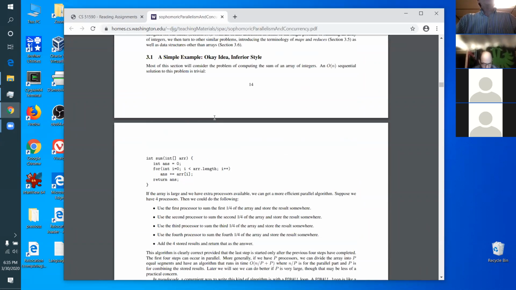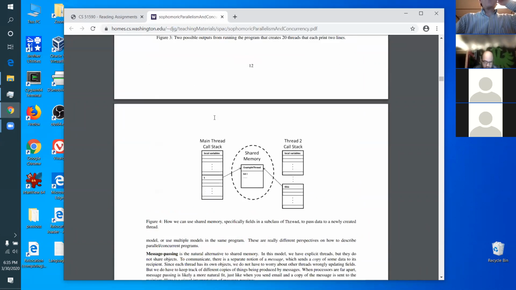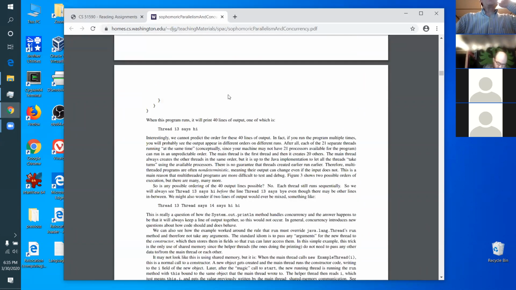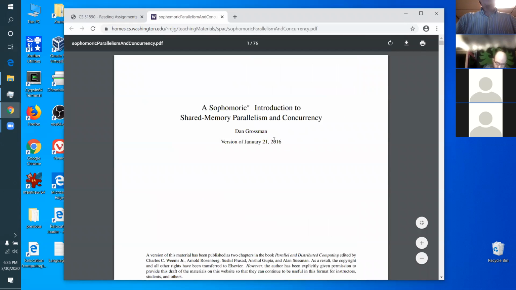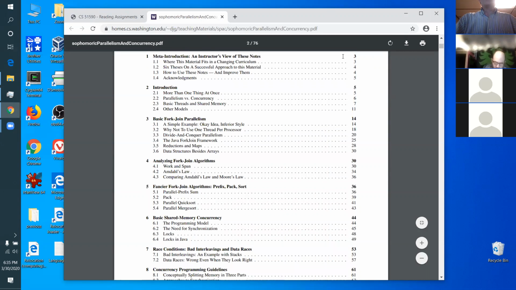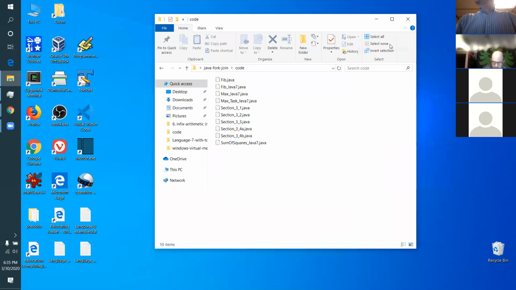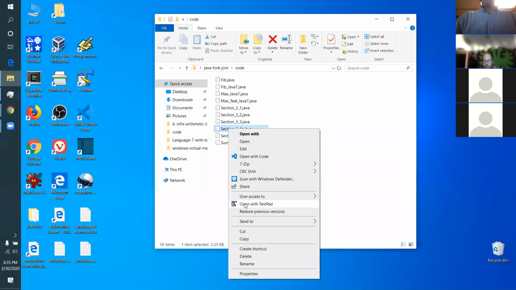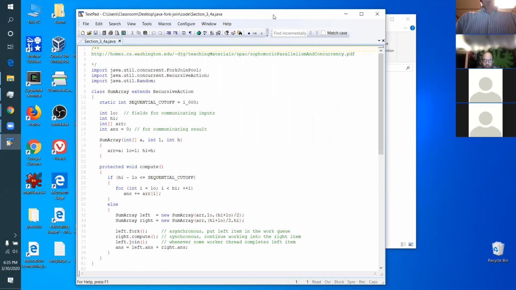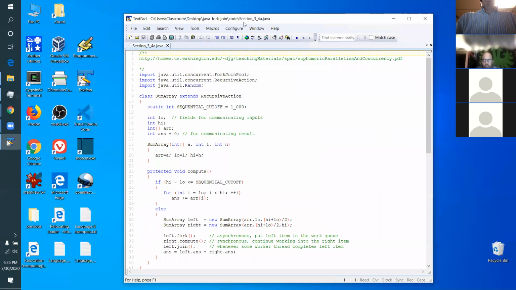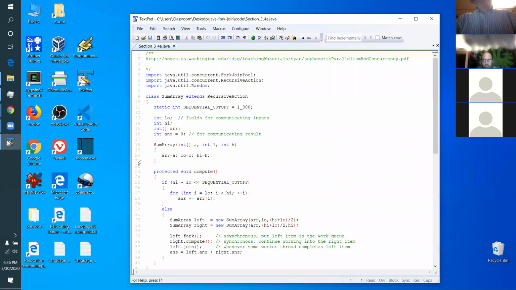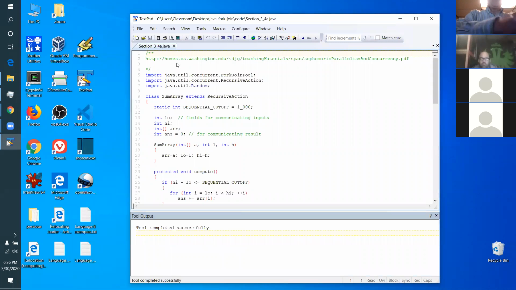And we noticed that we didn't get any speed ups. The idea was really good, what this book shows is a good idea, but we got absolutely no speed up when we did these examples. So we can do it again. Here's one of the examples. This is the example that uses fork join. If we compile it and run it,